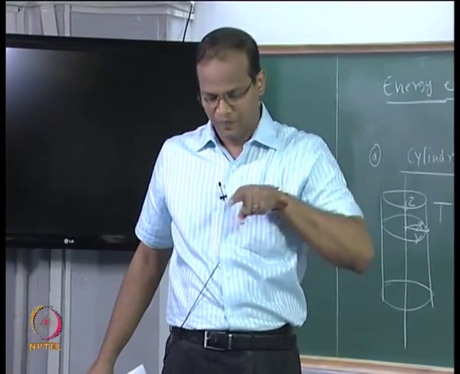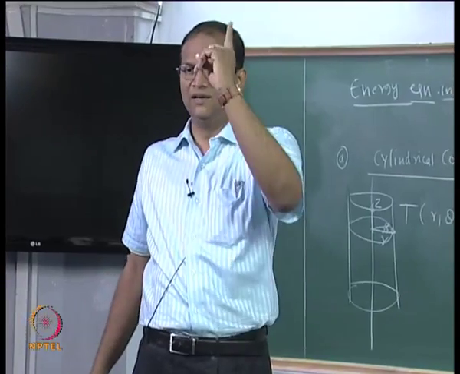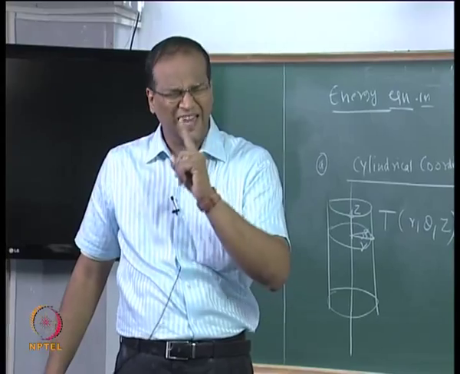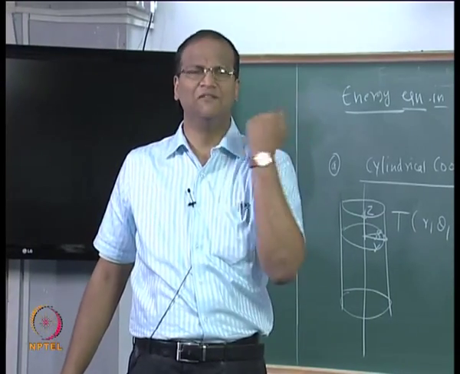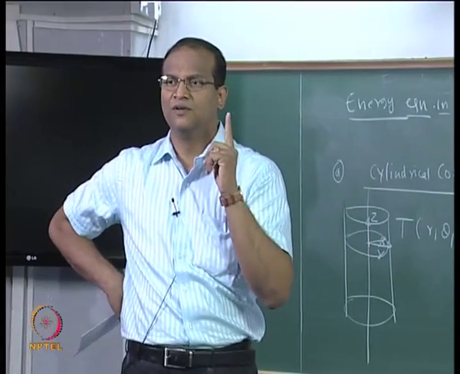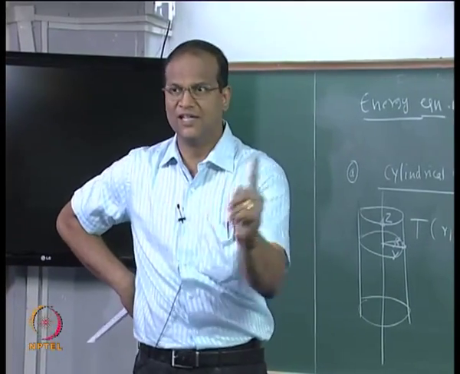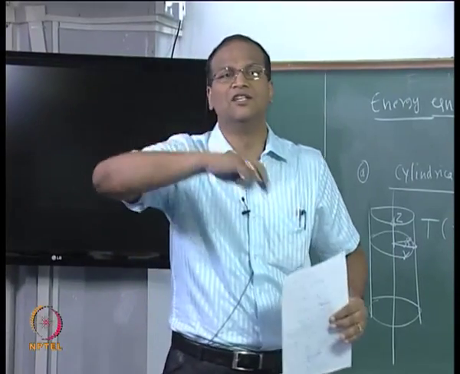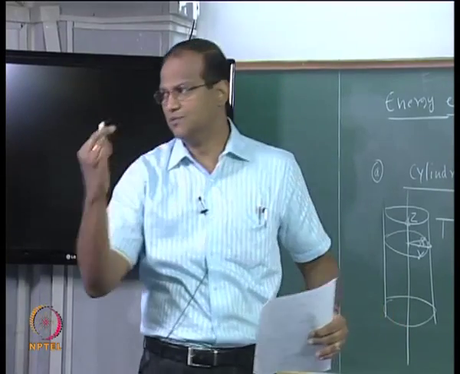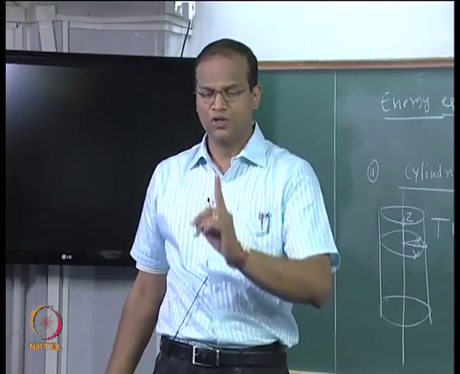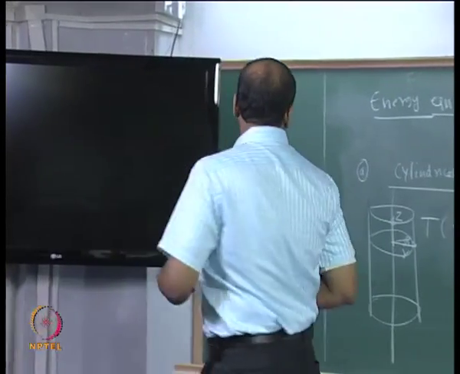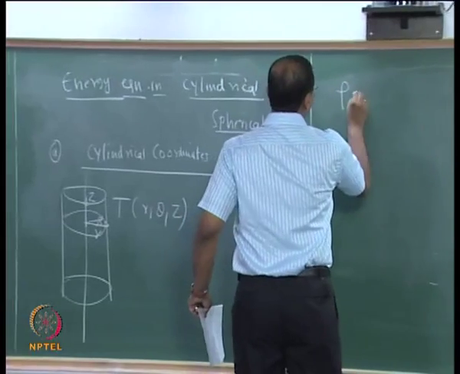Mostly, unless you have a circumferentially varying heat flux, T will not be a function of this angle theta, unless you have a special heat flux, sinusoidally varying heat flux or some non-uniform heat flux. Generally it will be uniform along the azimuth, but temperature will vary, usually across the radius it will vary, and oftentimes it will vary with z also. So the governing equation for this will be rho Cp